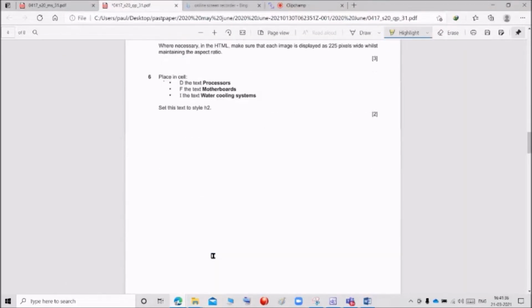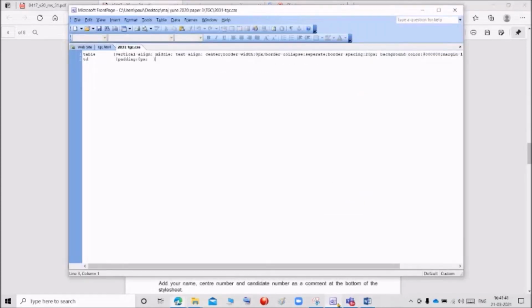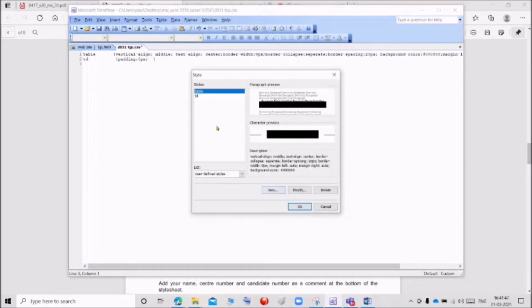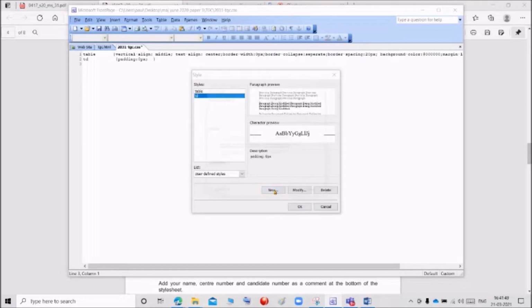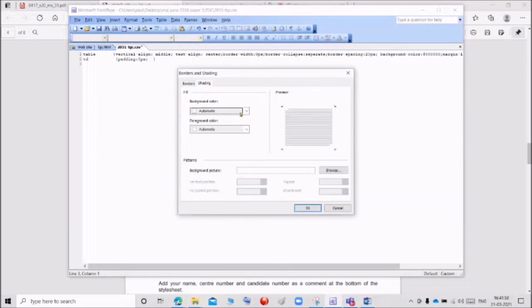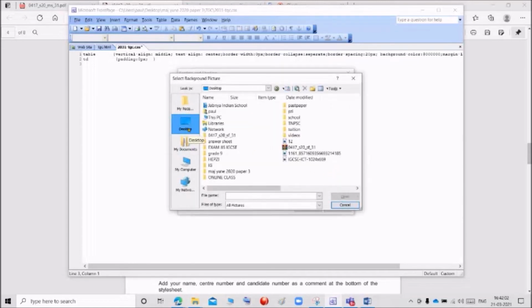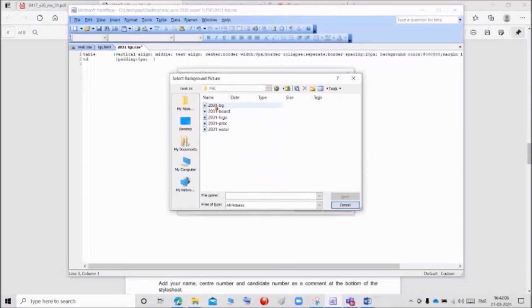Next they are asking for a background image. So we are going to give the background image. Press enter, go to the format, go to the style, select TD and click new, and we want to give body for the background image. Go to the format, click border and select the shading, background picture, click browse, go to your work area and select the image.